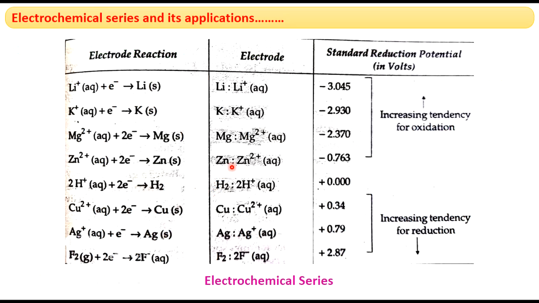In the electrochemical series, metals with negative reduction potential values, I mean metals which are above hydrogen, can easily liberate electrons, and with those electrons they can liberate hydrogen gas. This is opposite to the metals which are present below hydrogen in the electrochemical series. So metals which are above hydrogen liberate hydrogen gas with dilute acids, and the metals which are below hydrogen will not liberate hydrogen gas with dilute acids.